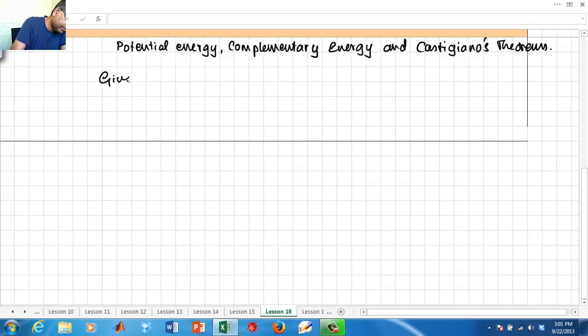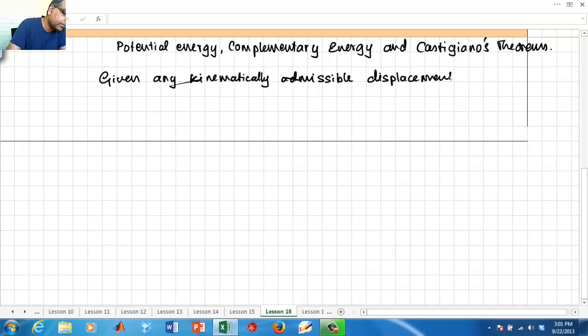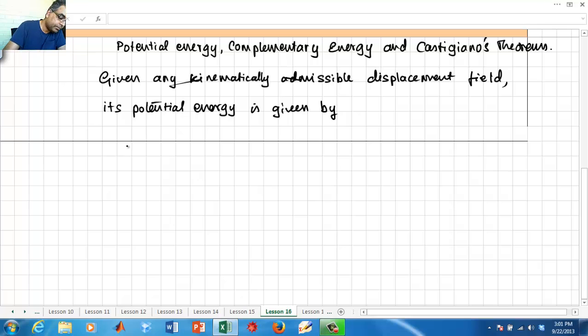So given any kinematically admissible displacement field, its potential energy is given by the integral over the region of 1/2 C_ijkl epsilon_ij epsilon_kl. This is the strain energy